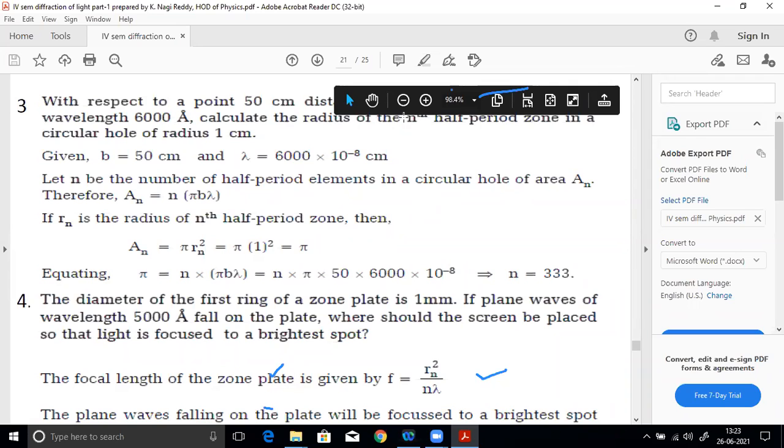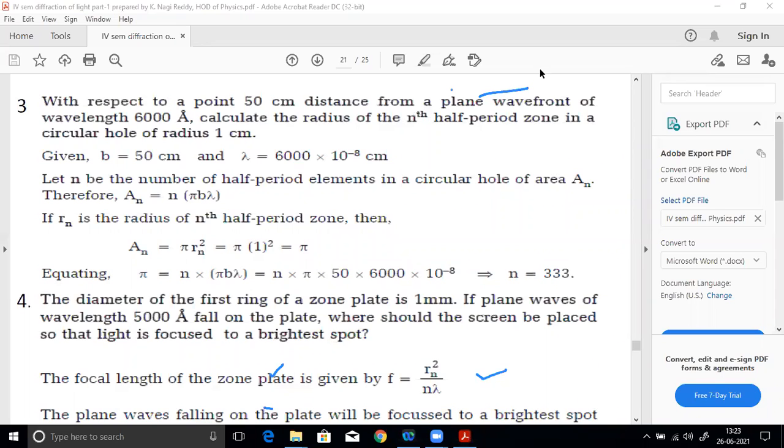Calculate the radius, not the radius here, I already told you it is not the radius. What you have to find is